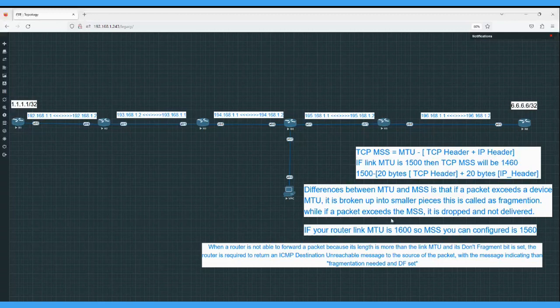If the total packet size is greater than the MTU. Okay, so this is the key difference. When a packet exceeds the MSS, it is dropped and will not be delivered. Okay, and here you can see that if we have a link MTU, you can configure the MSS on that router. So again, link MTU 1600,